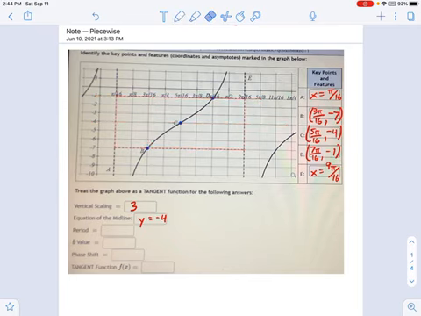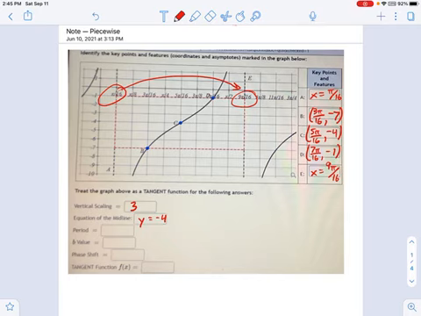Okay, now what's next? Period. Great. So the way I calculate period is I'm going to look at this graph and say, hey, I've got two asymptotes right here. And the function goes through one complete cycle within those two asymptotes. So that defines our period. It's the distance between these guys. How far is it from pi over 16 to 9 pi over 16?